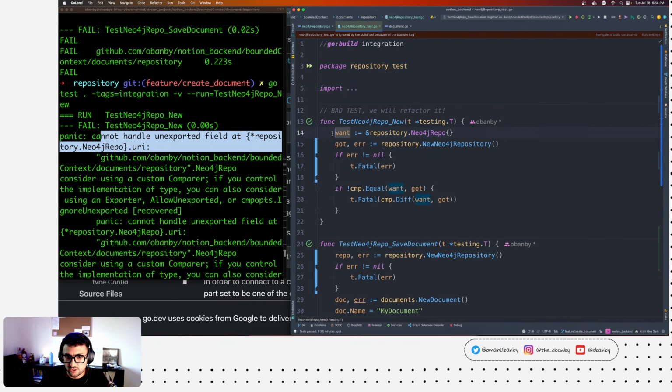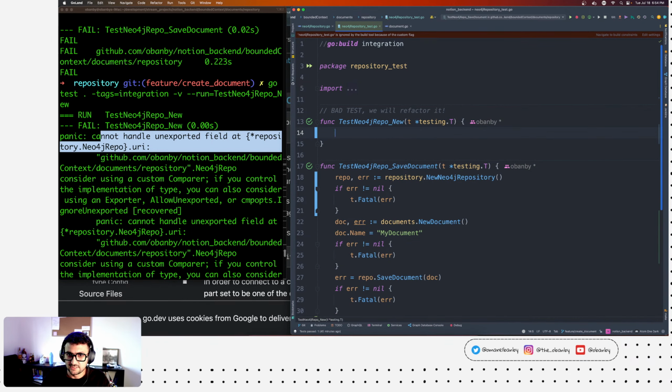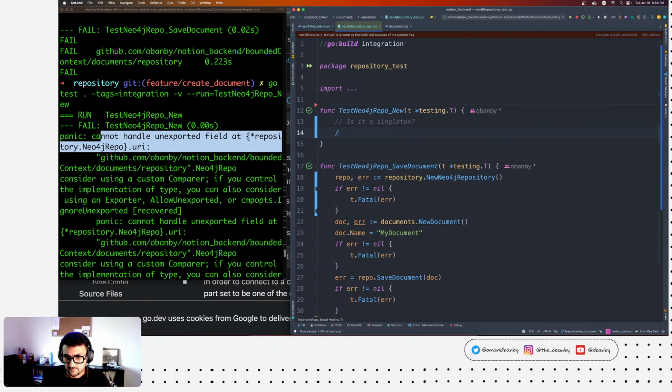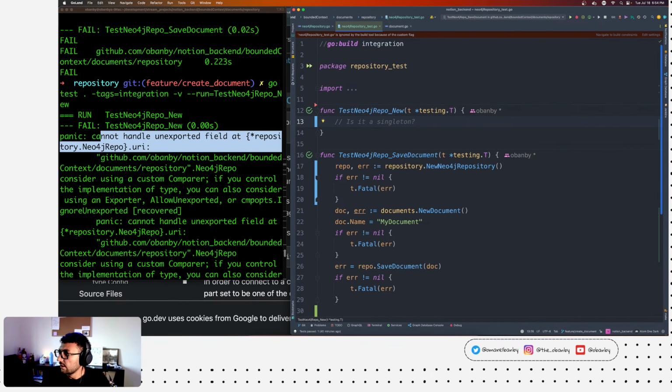Okay, so this test is now completely invalid. What are we trying to test, right? Is it a singleton, right? Yeah, I guess that is kind of what we're trying to test here.